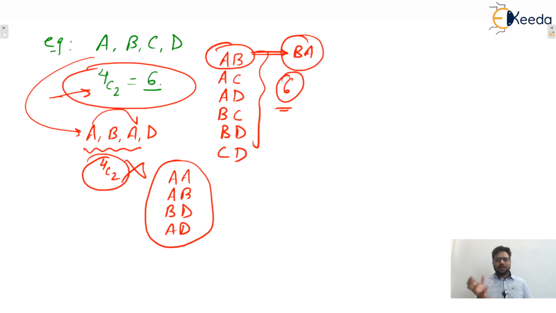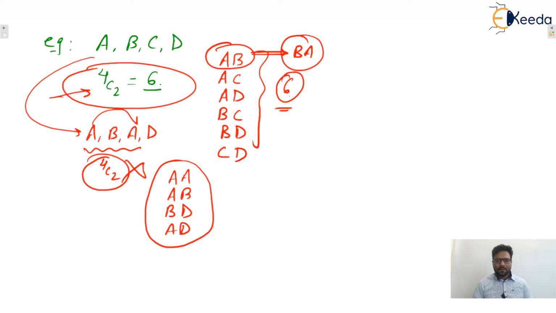Ultimately, we can say that NC2, or NCR, or let's say 4C2. The meaning of 4C2 you can conclude like that: NC2 or NCR or anything. Tell me, in this case, let's say this is 4C2. 4C2 means what? Total number of groups of two objects taken from four objects.